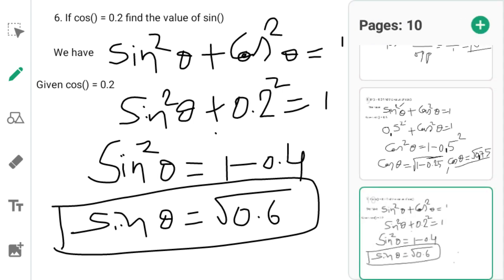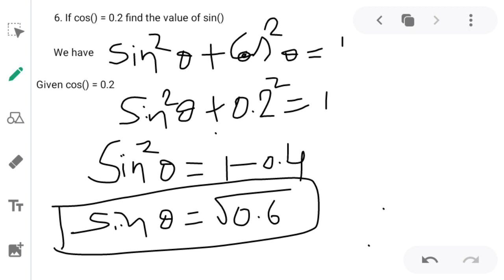In this way we can find the value of any trigonometrical functions or ratios using the others when we know their relation. For example, sin square theta plus cos square theta equals 1 is the basic relation, and tan theta equals sin theta by cos theta is the basic relation. Cot theta equals cosecant theta divided by secant theta is the basic relation. In this way we can find one ratio by knowing the other when we know the relation between them. So in this way we can solve many problems regarding the relation between the trigonometric functions.